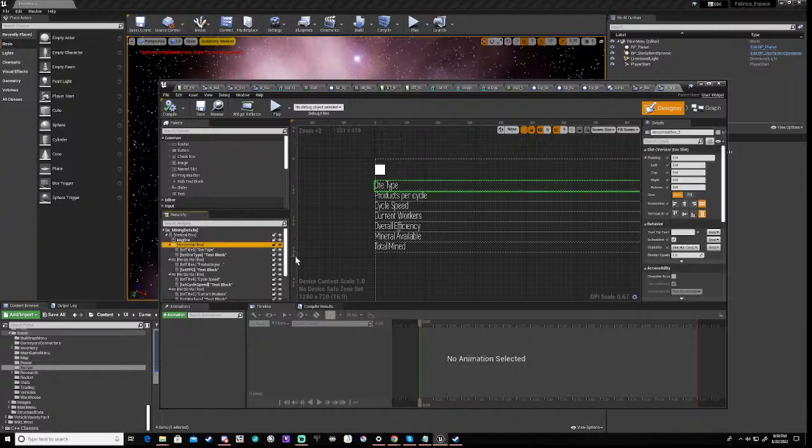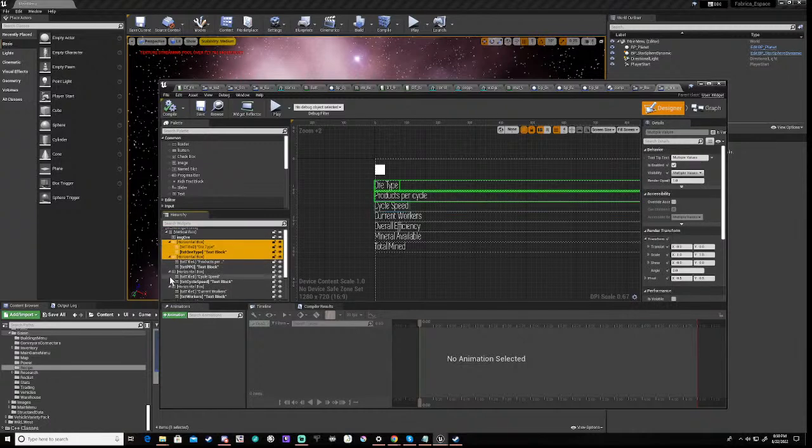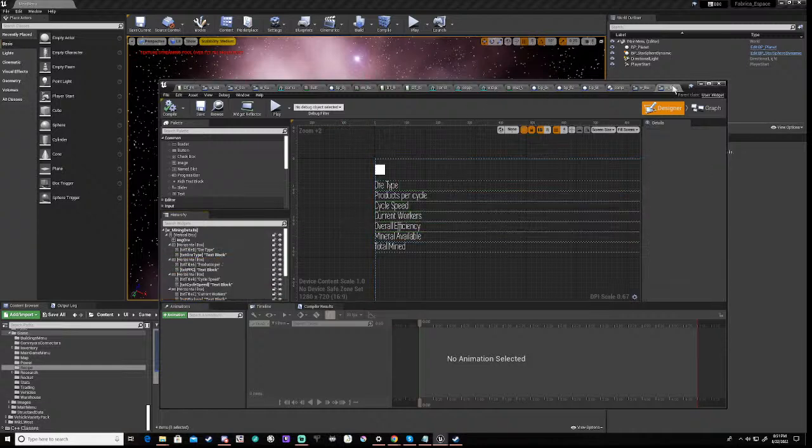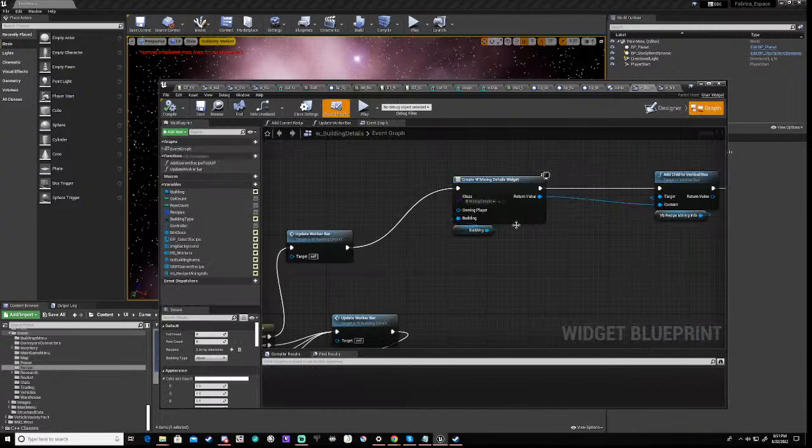So if we copy that, and that, and that, actually we don't want this one. Right, we just want those ones. And if we copy them, right, and now if we go back to our building details,